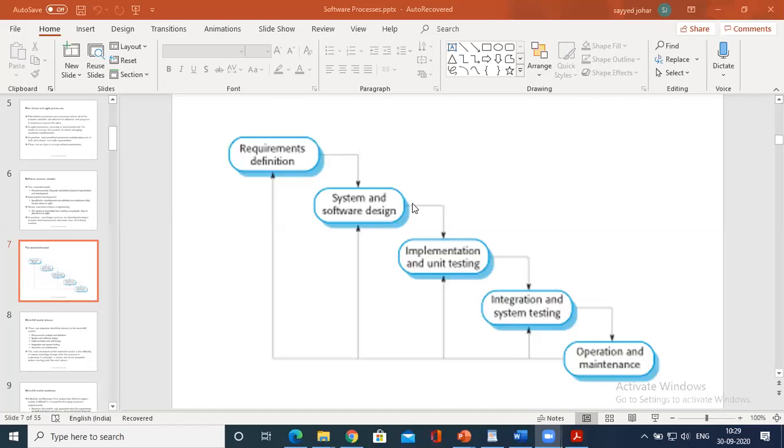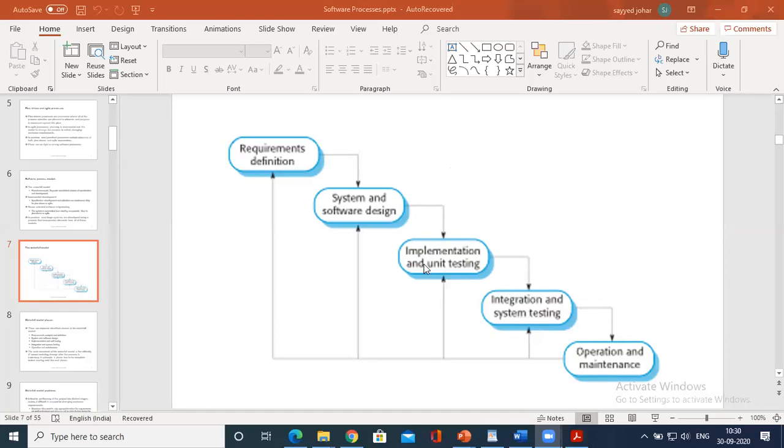From here, implementation. Implementation is nothing but the concept of validation. And here you could see unit testing. I'll explain the concept of unit testing and integration testing, because this part is totally a model of validation.